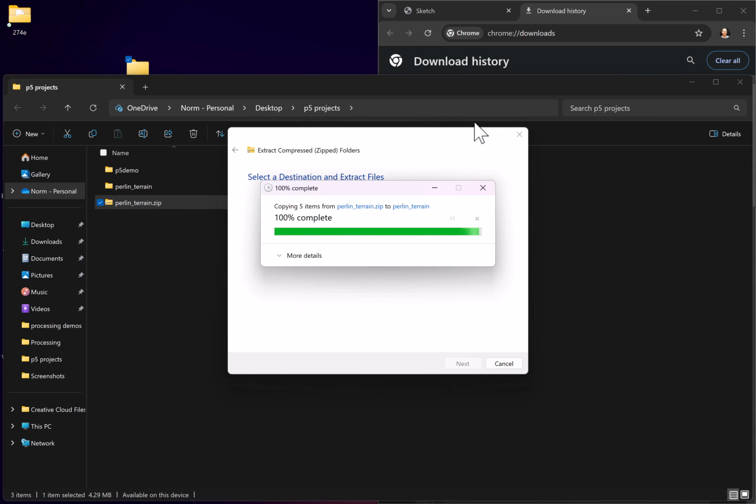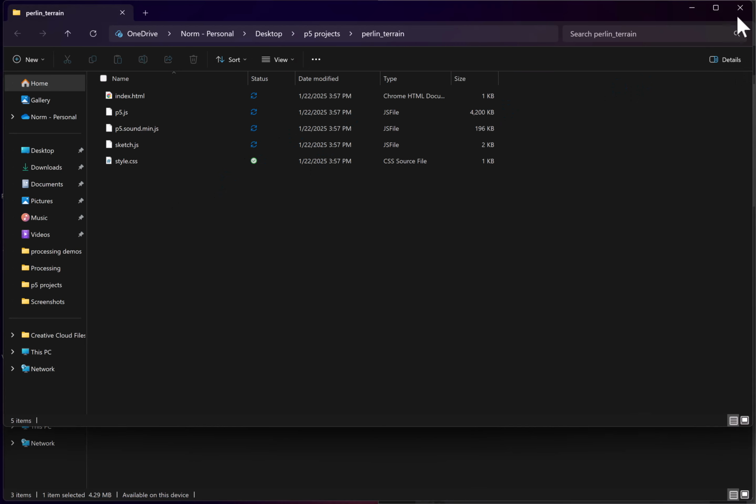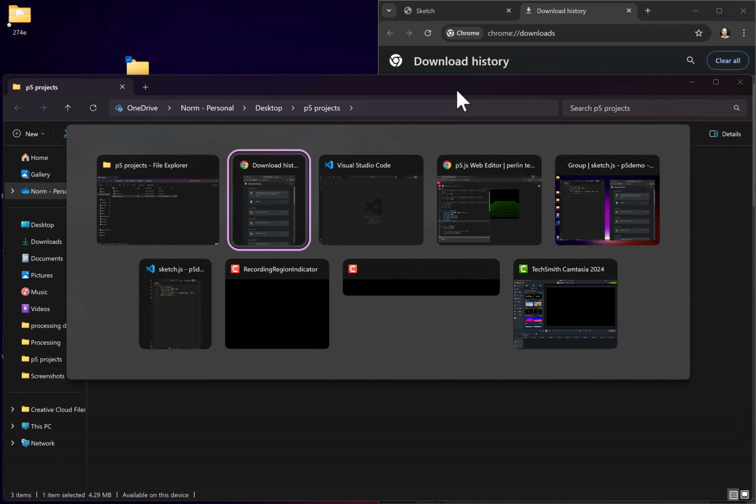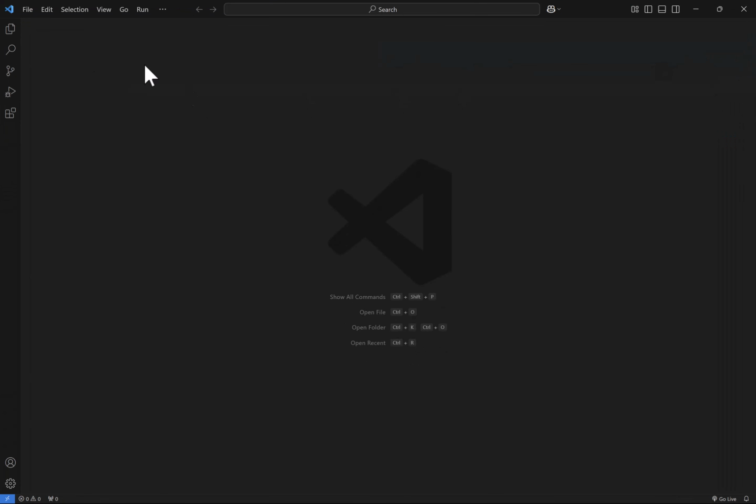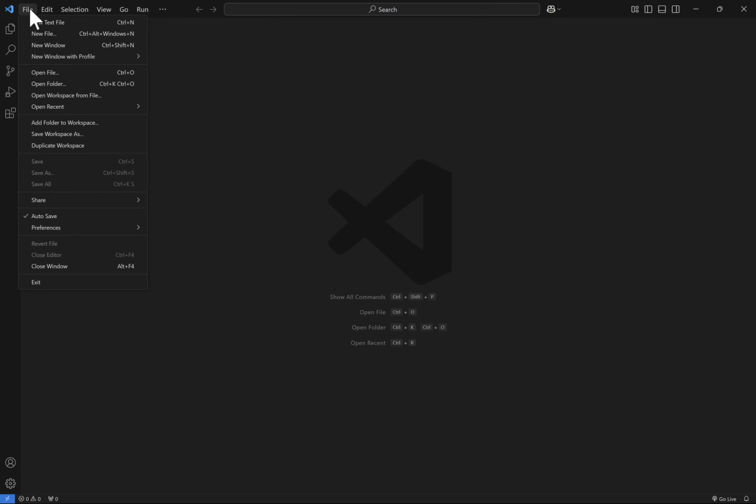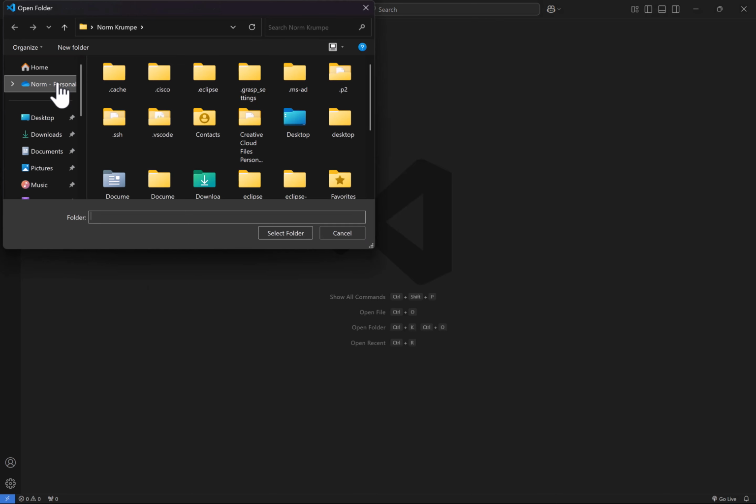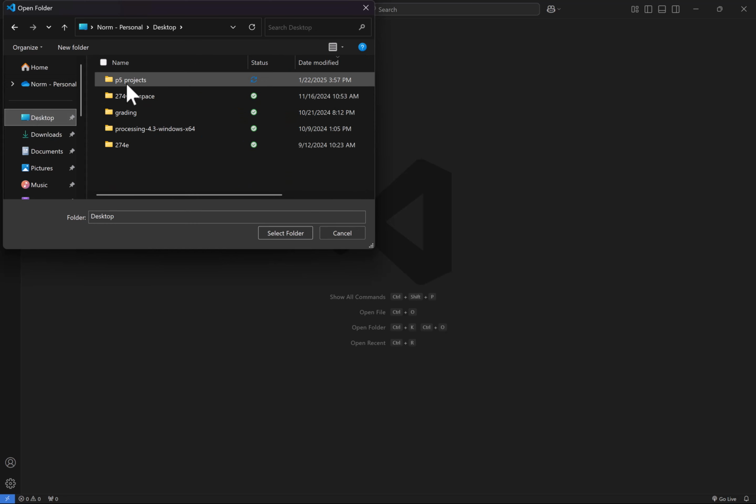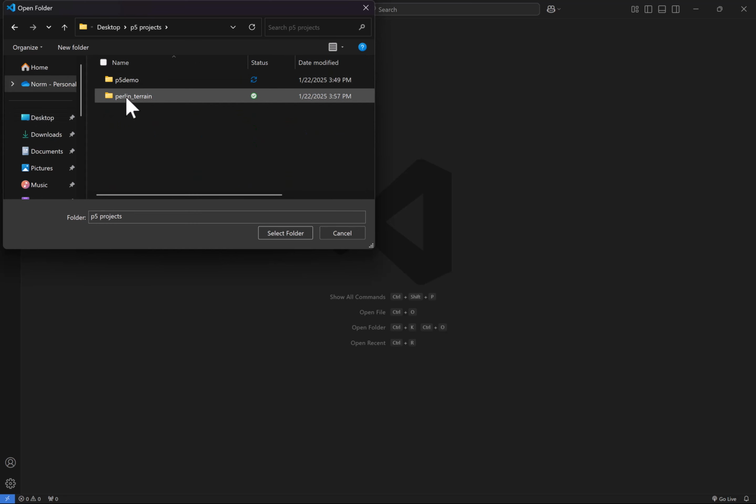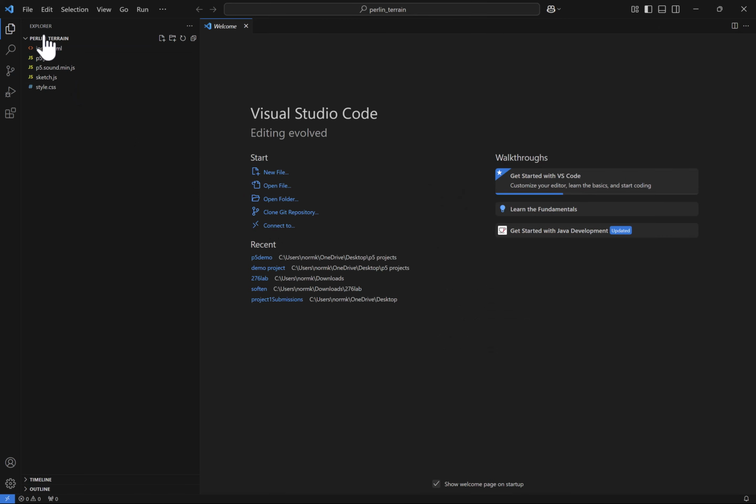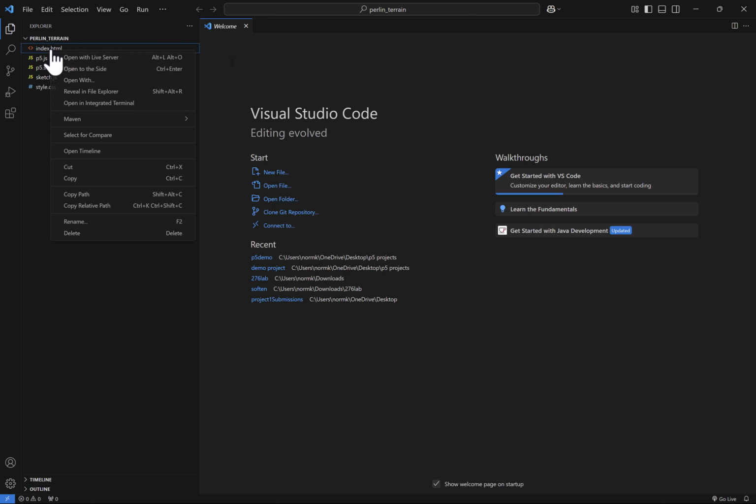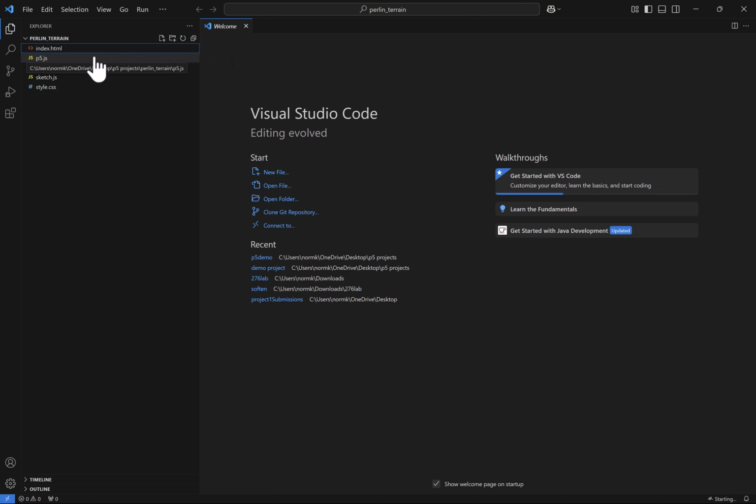And now all I need to do in Visual Studio Code is to open that folder and then run the code the same way that I ran my demo program. So if I were to come over here and say open folder, I can go to my desktop, find the P5 projects, find Perlin terrain, and that is the folder that I actually want to select. And there are the files. These are the ones that had been on my web editor. And then if I just right click and open with Live Server,